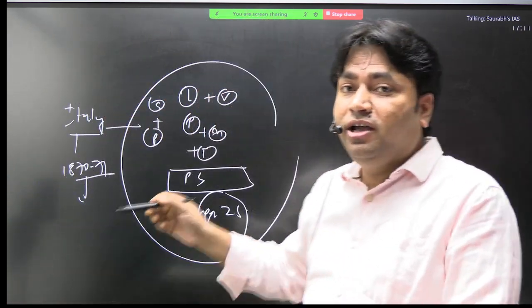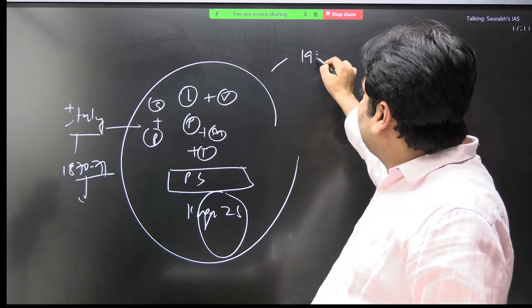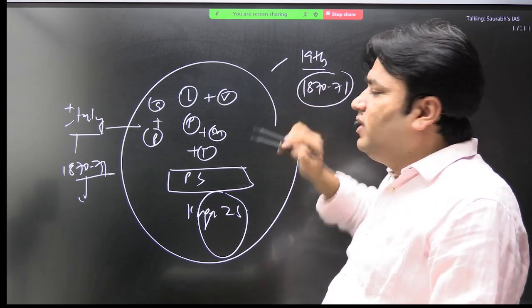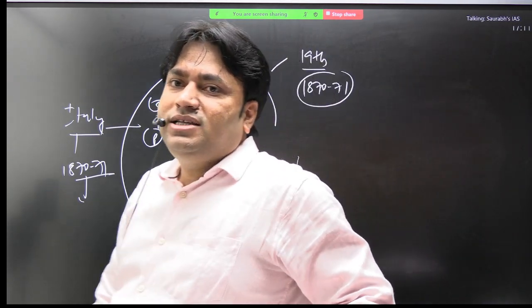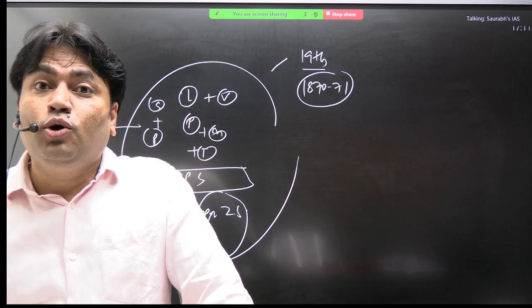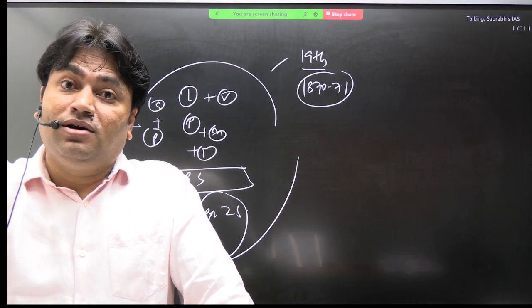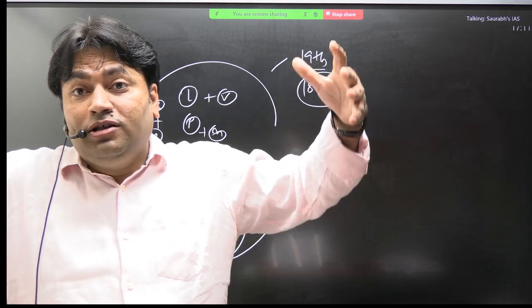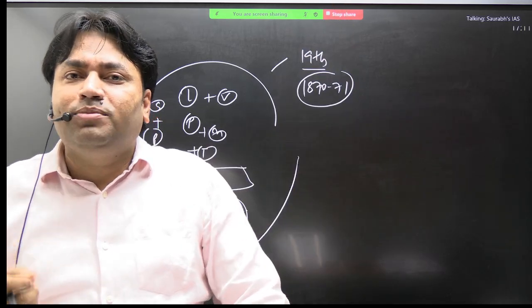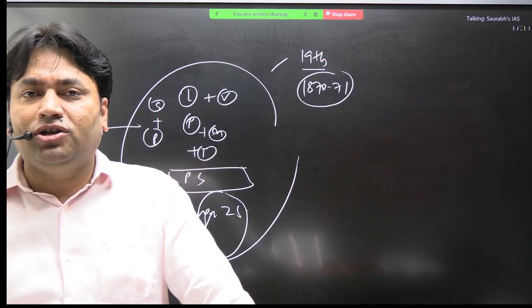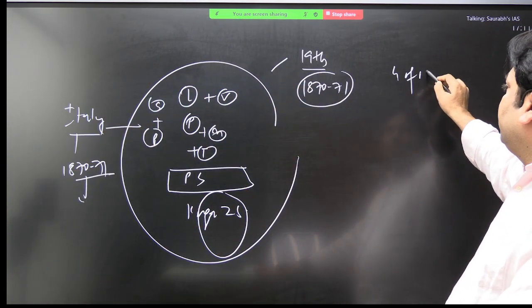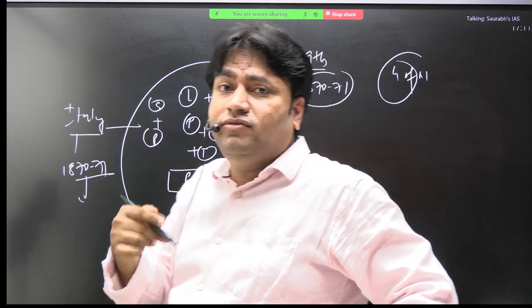Syllabus has mentioned important events of 19th century. This is one of the most significant events of 19th century. And this event shows what? Growth of nationalism in Europe. Syllabus में आपके क्या mention है? Growth of nationalism पढ़ना है. बिना पढ़े कैसे पढ़ पाओगे? Without reading Unification of Italy. Okay, the syllabus has mentioned what? Growth of nationalism. In next class, I will discuss unification of Germany.